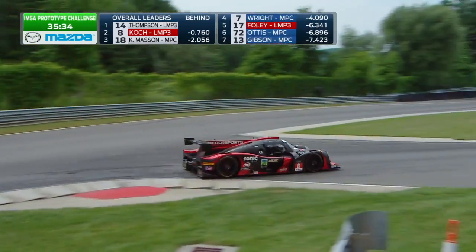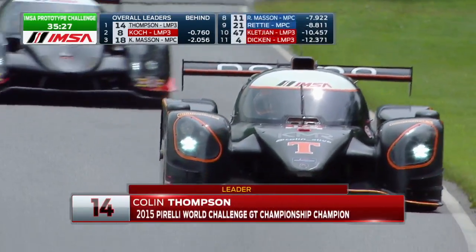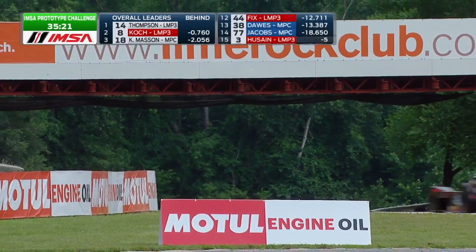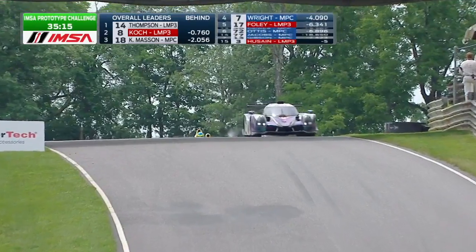Kenton Cook missed the first 2 rounds of the season at Sebring, though. He did not have the deal in place to do the full season, so he's been on the back foot ever since. Colin Thompson has done every round. He has, but he had some problems in the very first race at Sebring. Didn't score many points there. The first weekend, he scored only 23 points, so that was the advantage he had effectively over Thompson heading into